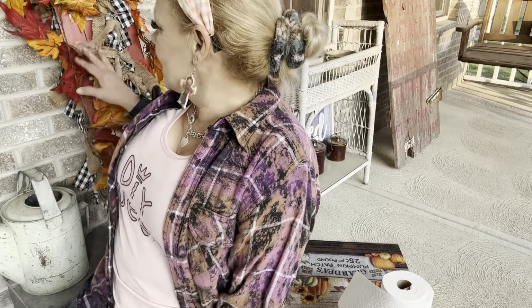So I'm going to move the camera out. I need to sweep. I need to clean the storm door. Windows are not my favorite thing, guys, even though I'm the DIY queen. I'd rather make another wreath, I think, than do that. I have some leaves and some garland I just brought out thinking, well, okay, maybe I can wrap it around my grapevine tree. But I just want to put little touches of fall